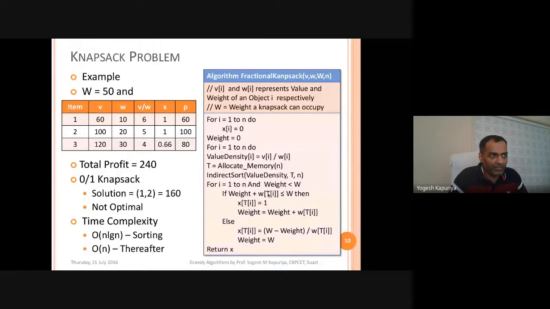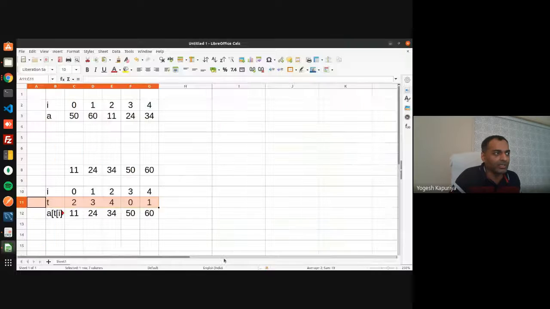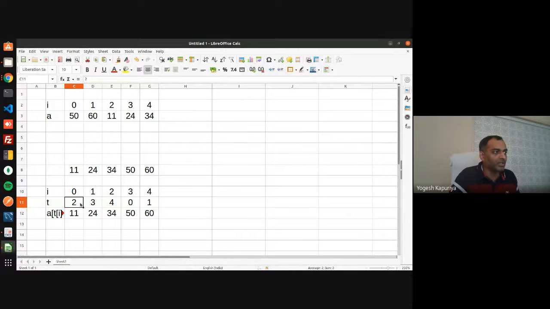So basically, T of I, that means the first item, contains the reference to the highest. If you consider the same case over here, same case now.